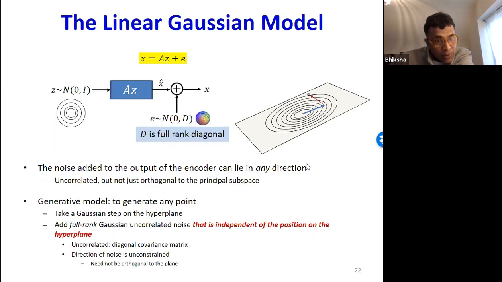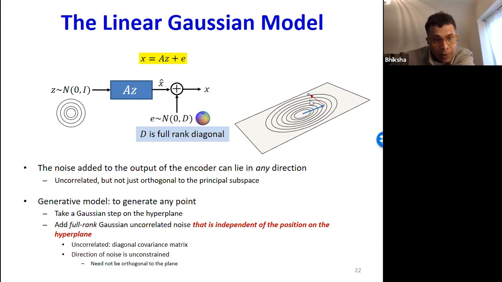And so we improved upon PCA, and this gave us the linear Gaussian model. This is still the same model. We are saying that you start off with a value which is drawn from an isotropic Gaussian. You linearly transform it, and then you add some noise to it. But now instead of being always just orthogonal to this plane, the noise is a full rank noise.